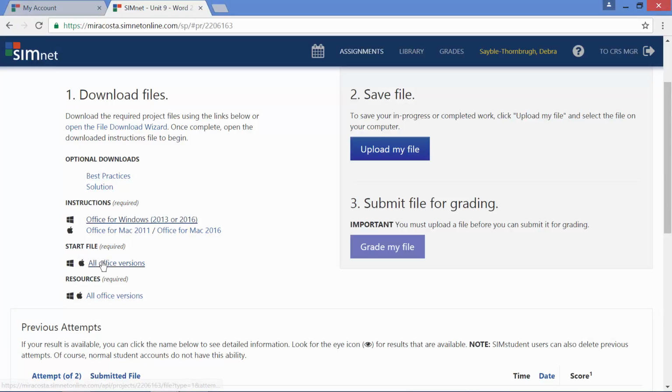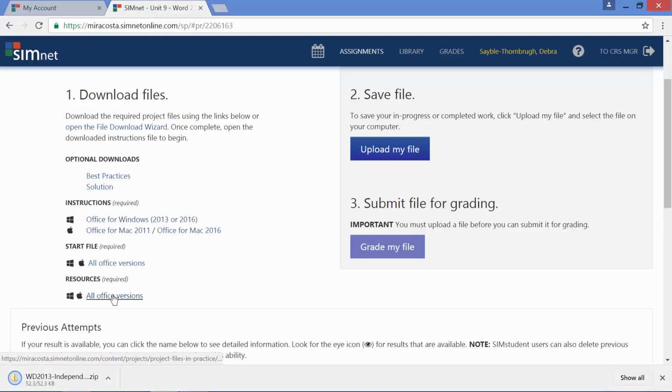The Start file is here, but I'm not going to click that just yet. Before you start the Start file, you should probably go to the Resources file first. The resources include any and all additional files that are required to use in this project. So what you would do is click here, All Office Versions, under Resources, click that, and it